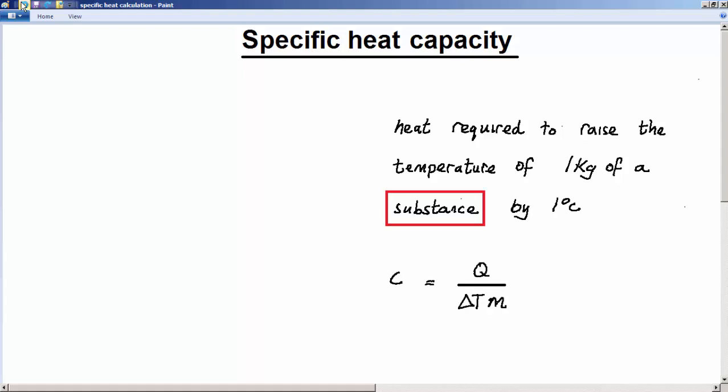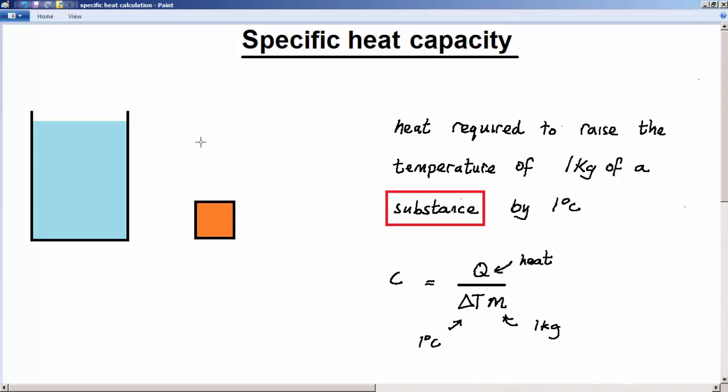We can write this in the form of a formula. We say that C, that's the specific heat capacity, again just repeating, is the heat required to raise 1 kilogram of the substance by a temperature change of 1 degree Celsius. And what we can say is that this is a property of substances and that each substance has a different specific heat capacity. So for example, let's say that we have a litre of water, that's 1 kilogram of water,